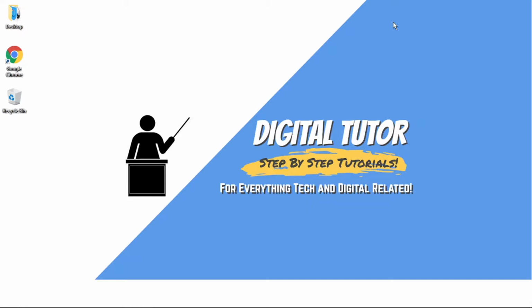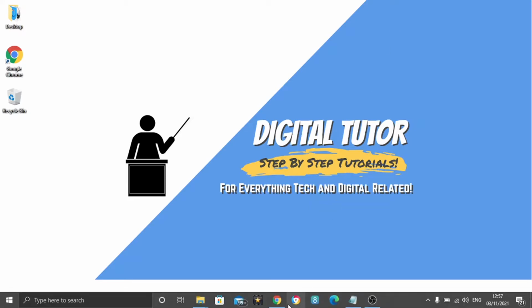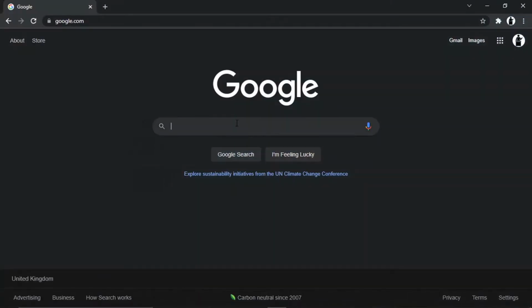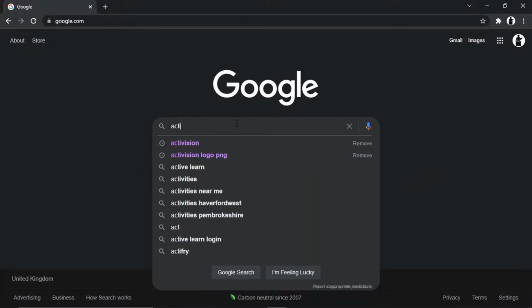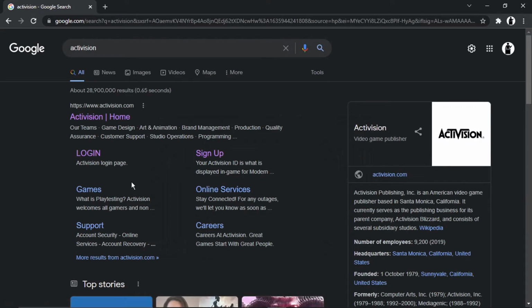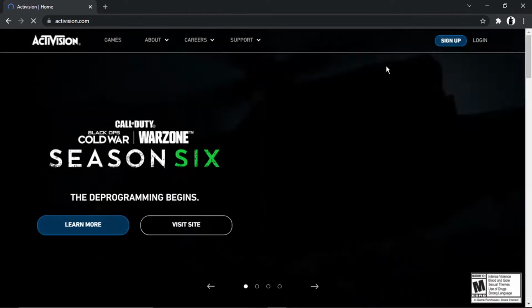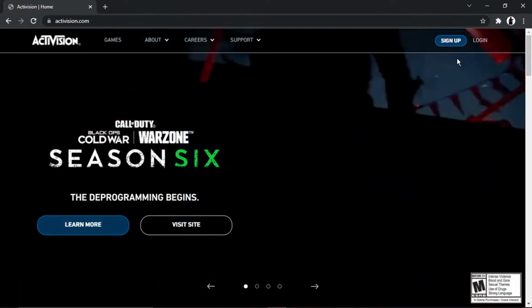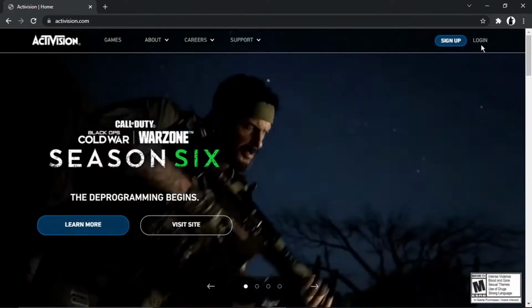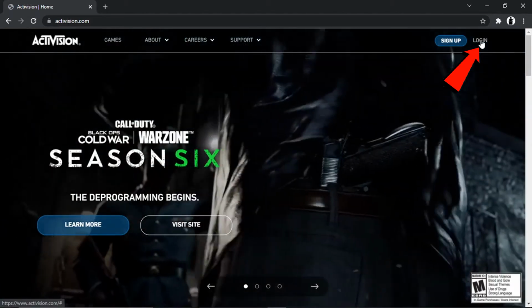So in order to do this, the first thing you're going to want to do is come across to the Activision website. So you can just come across to Google and just Google Activision. And then from here, what you want to do is just come to the homepage at activision.com. And then what you're going to want to do is log into your account. So if you click onto the login button, which is up here in the top right hand corner,